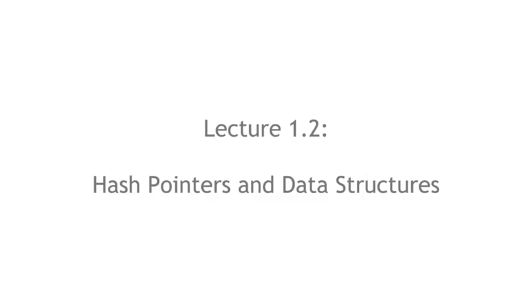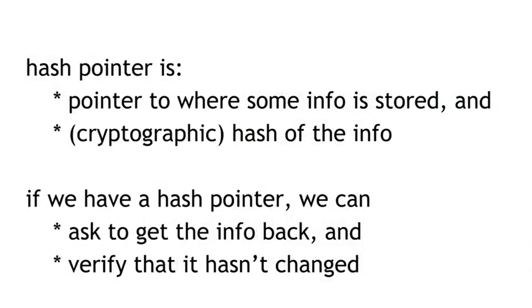In section 1.2, we're going to talk about hash pointers and their application. A hash pointer is a kind of data structure that turns out to be used a lot in the systems that we're talking about. A hash pointer is basically a simple thing: we take a pointer to where some information is stored, and together with that pointer, we store a cryptographic hash of the information. So whereas a regular pointer gives you a way to retrieve the information, a hash pointer is going to